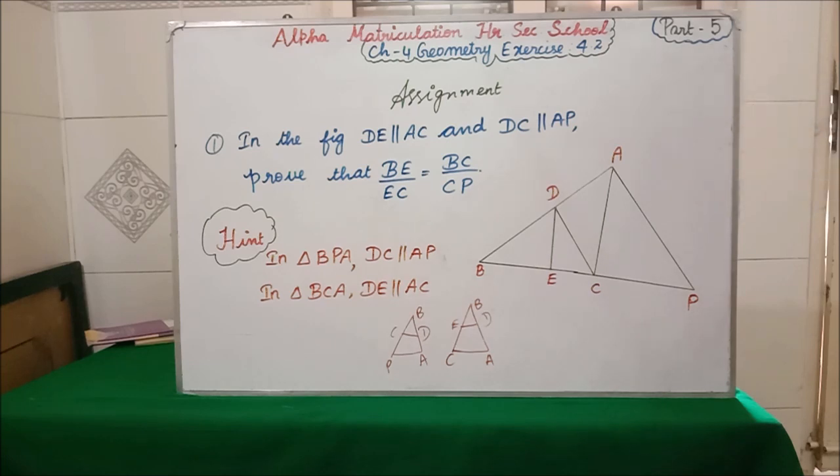Now from 1 and 2, you can see either both the left hand sides will be equal, or sometimes both the right hand sides are equal. Clear? Suppose you are getting both the right hand sides equal, then you leave both the right hand sides, take both the left hand sides and write. When you write like that, you will be able to get this answer. Okay, that's it. Through this only one problem I am giving as assignment.